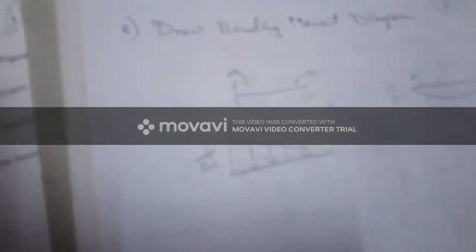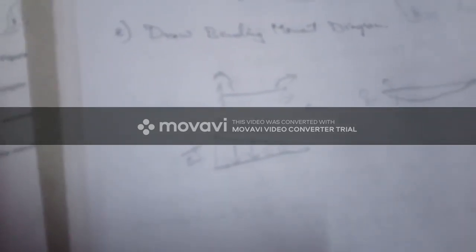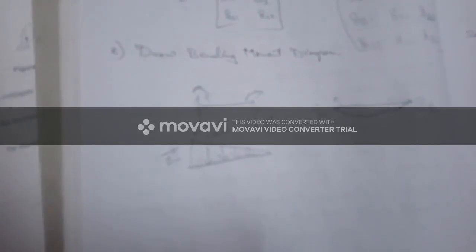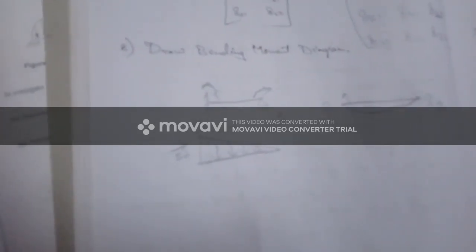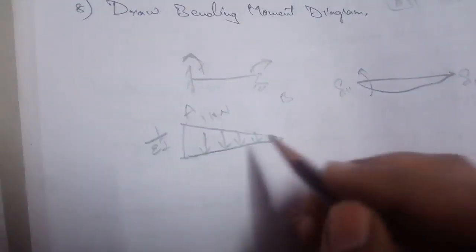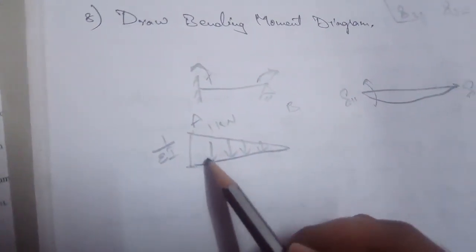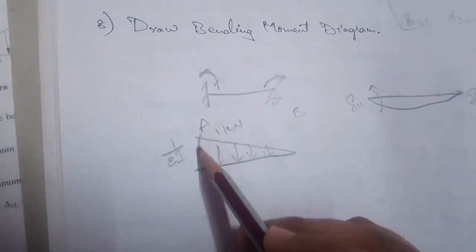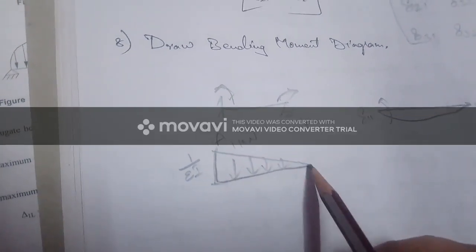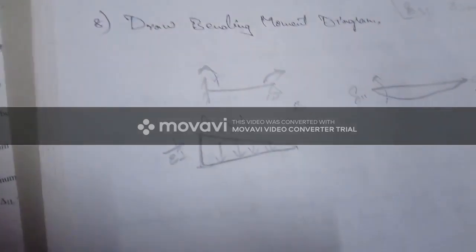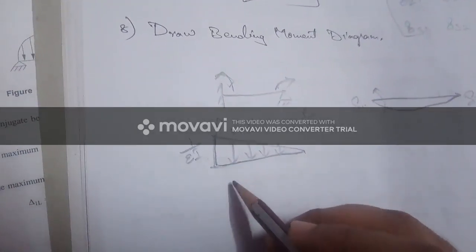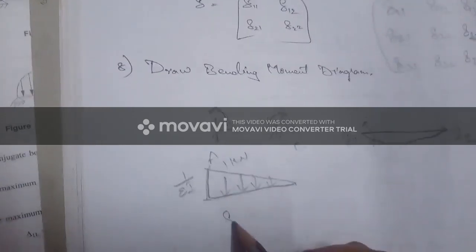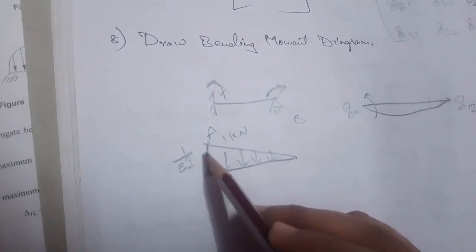Here we have the maximum value, and here the value is 0. This is the first case, and the value with respect to delta 1 1, that is due to the displacement